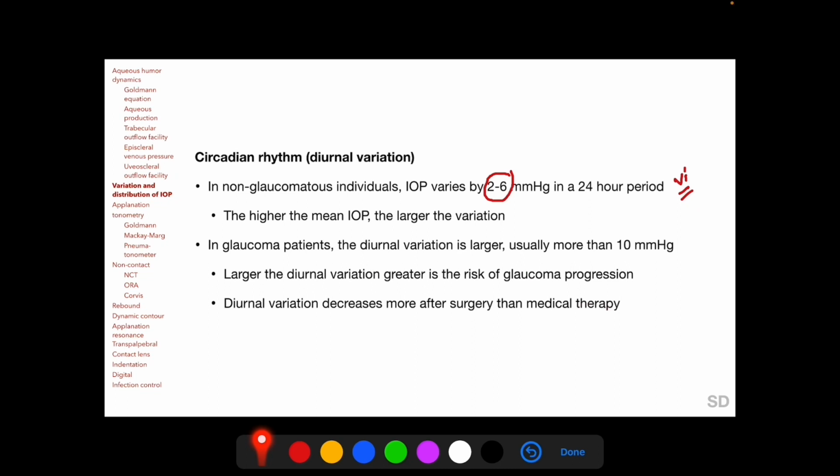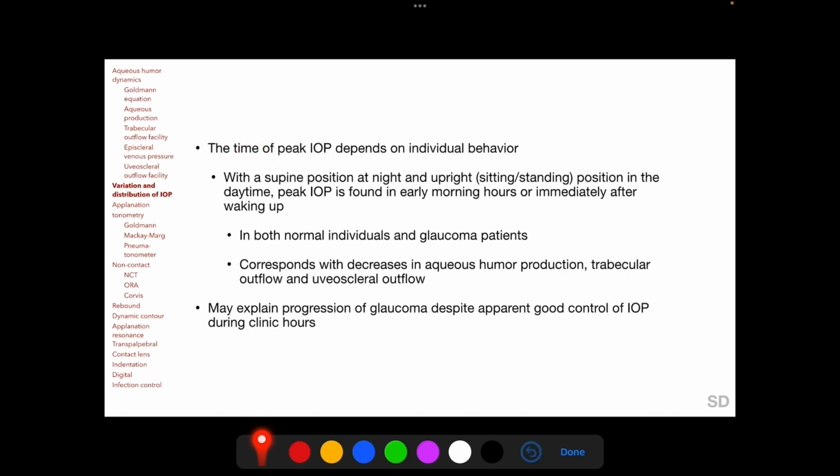The time of peak IOP depends on individual behavior, with the normal pattern of supine position at night time and upright position in daytime. Peak IOP is usually found in early morning hours or immediately after waking up, and this is also important to remember. The occurrence of peak IOP during early morning hours is found in both normal individuals and glaucoma patients, and